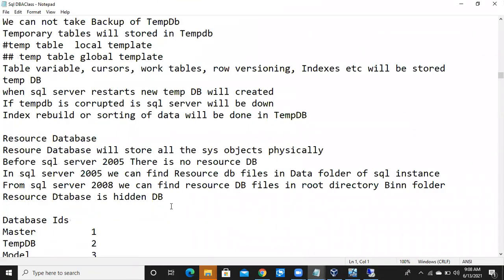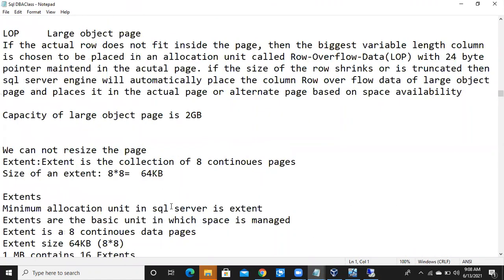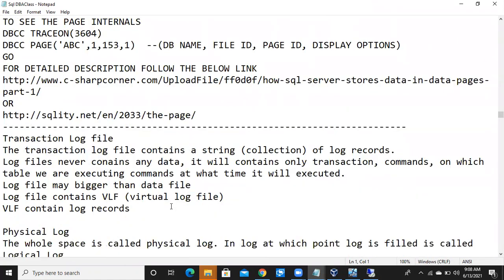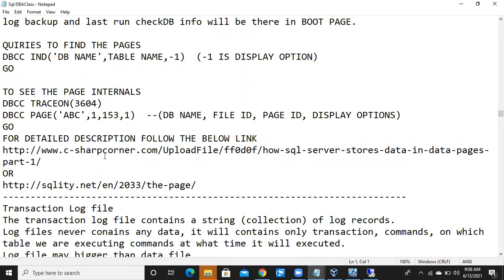I'll show you the pages and I'll complete the session for today. DBCC PAGE, DBCC TRACEON, okay, DBCC PAGE. And before that, we'll have one more command called DBCC IND.